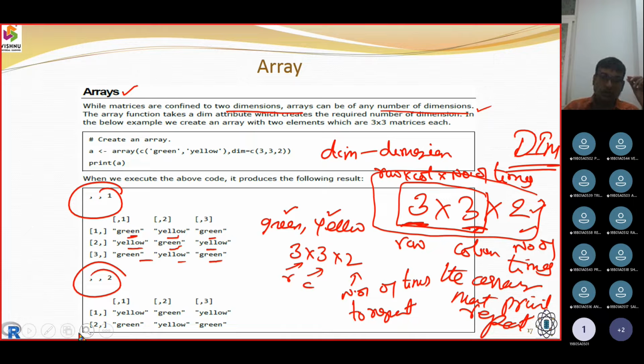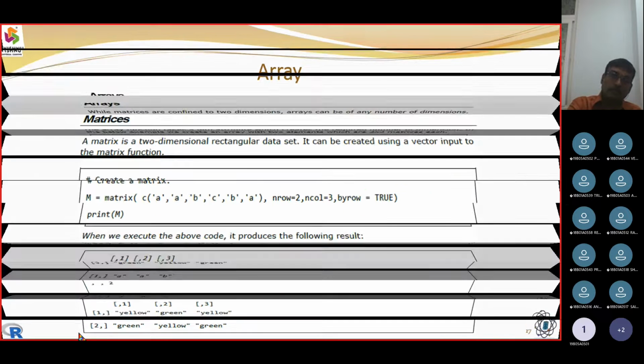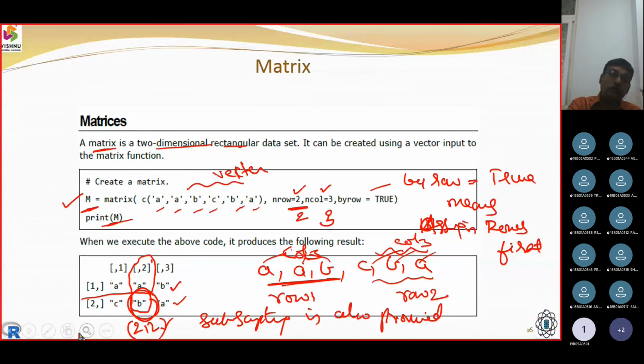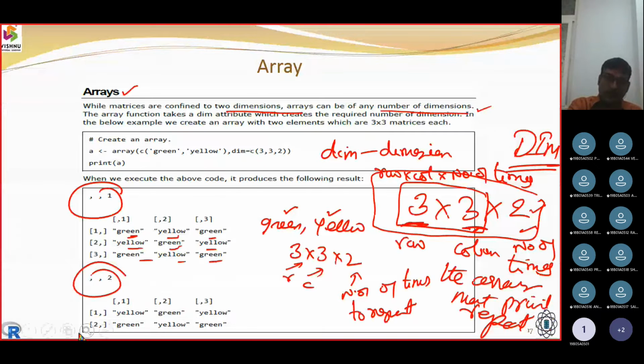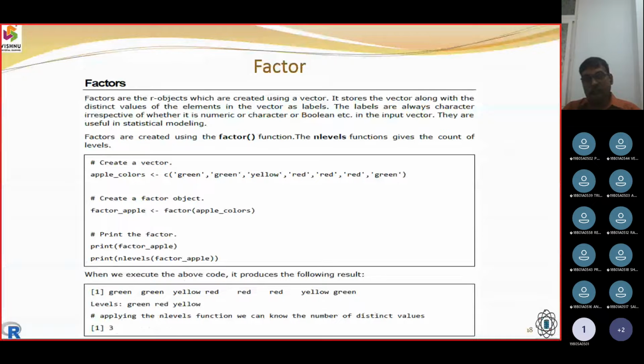In this way, the basic definition of an array addresses the drawback of the matrix. With a matrix we can work only in a 2-dimensional axis, and we can't repeat it a second time or multiple times. Such a limitation is eliminated with the data type called an array. After the array data type, the next thing was the factor data type.